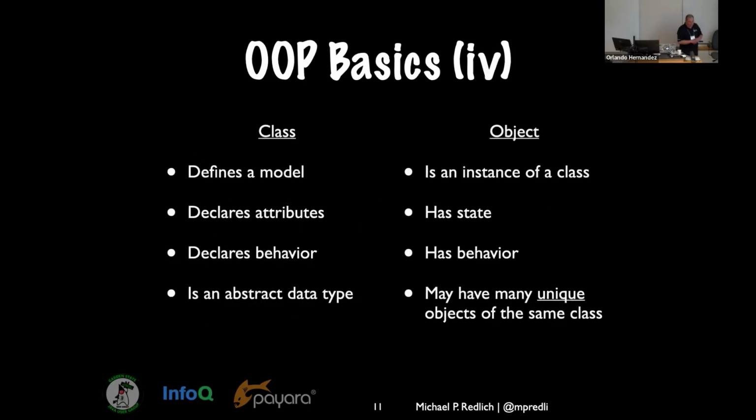All right, class and object tend to be used interchangeably, but there are notable differences. In the class, you define the model, you declare attributes, declare behavior, and it's an abstract data type. An object is live, right? It's an instance of the class, as I was always saying. And because it's live, now it has state, now it has behavior, and you can have many unique objects of